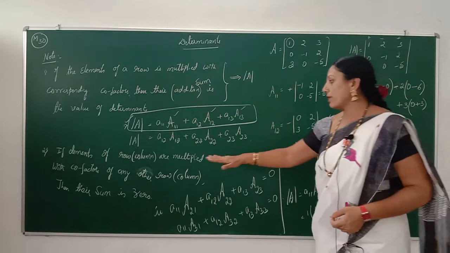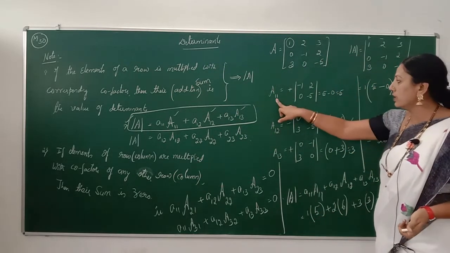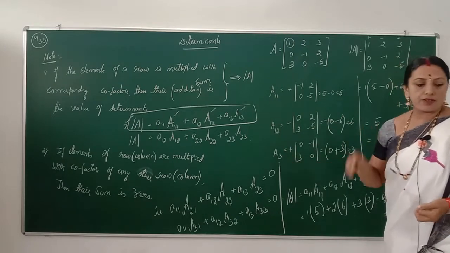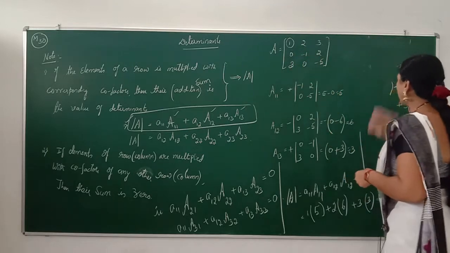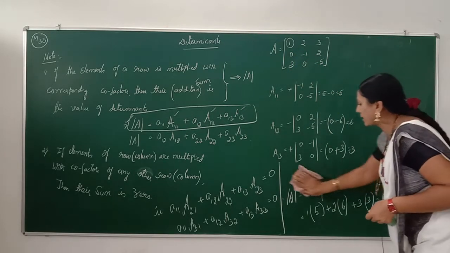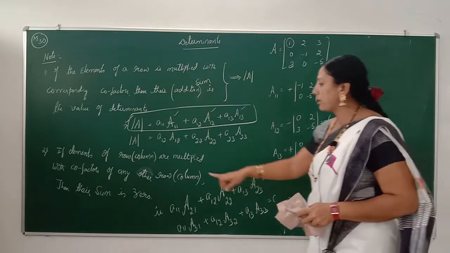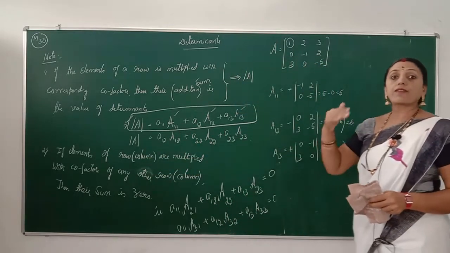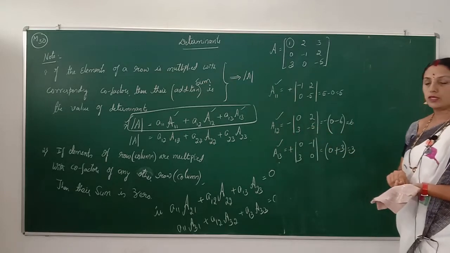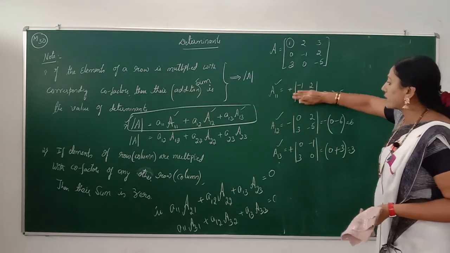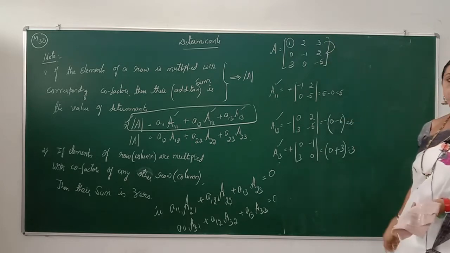So similarly it's also verified in the second point in the same example. Again we will consider A11, A12, A13. These are the cofactors of the first row. Now, if any elements of a row are multiplied with the cofactors of another row, so therefore now we will consider the cofactors of the first row. One of the conditions is that the cofactors of the first row are multiplied with what? The elements of the second row.